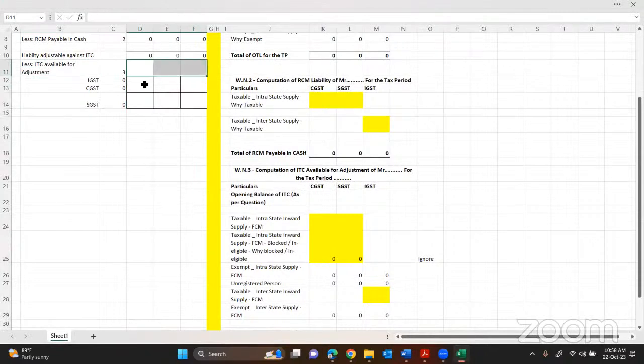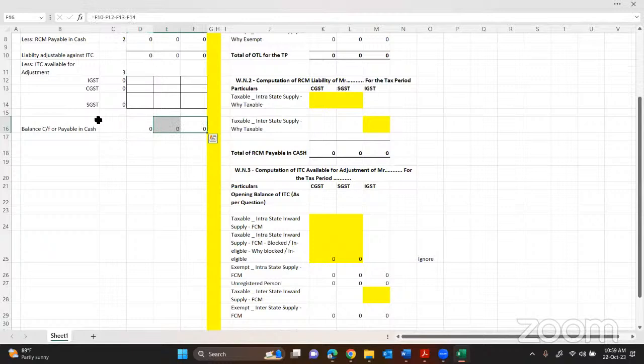First, IGST against IGST liability. Balance if any to CGST and SGST. Once the IGST becomes 0, I have to carry forward something else. And my dear brothers and sisters, the balance if any will be carried forward. If ITC is more, it will be carried forward, or the balance if any will be payable in cash. In most scenarios, it will be payable only in cash. So you need to reduce all these figures. Just for the sake of simplicity, I'm bringing it all in one place.